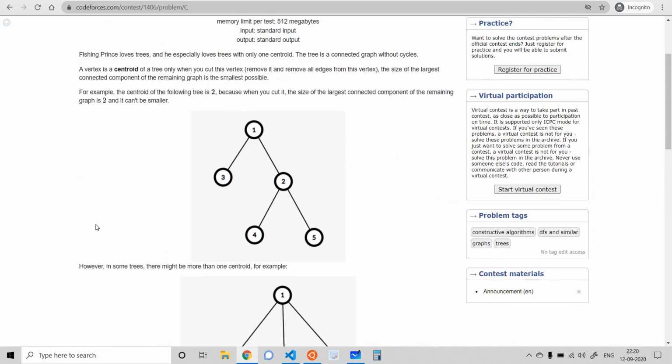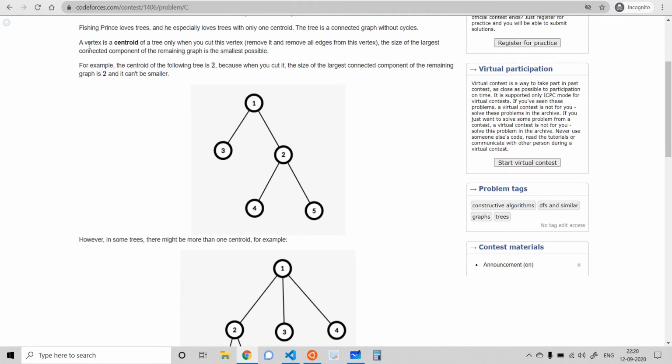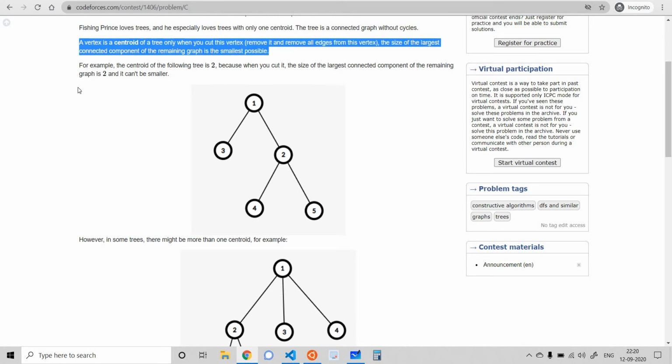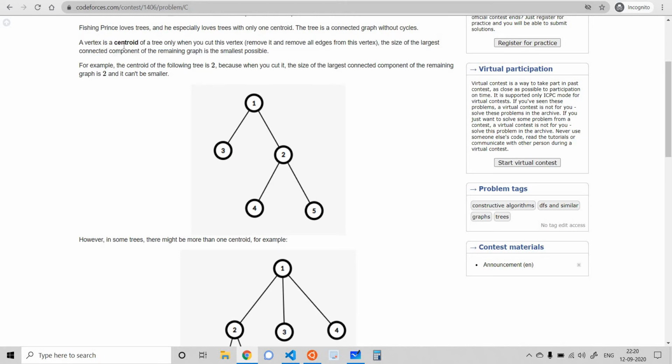So what's been mentioned in this problem is we have been given a tree, and they have mentioned the definition of a centroid. A vertex is a centroid of a tree only when you cut this vertex, that is, remove it and remove all of its connected edges, the size of the largest component remaining would be the smallest possible. So during the contest I searched for the centroid of a tree. I found out that